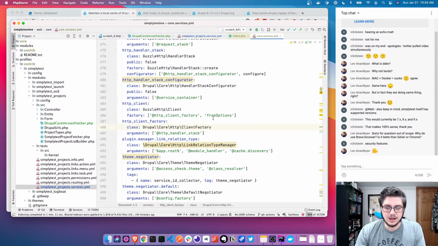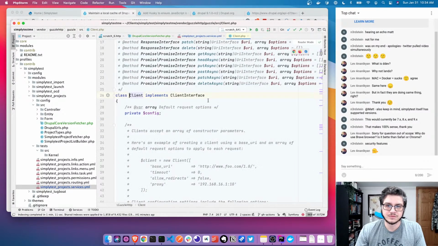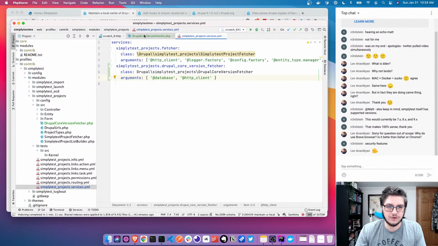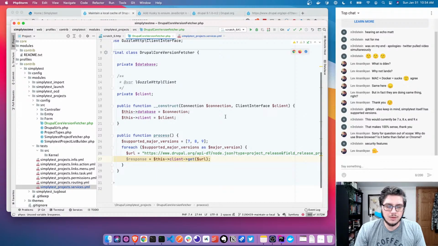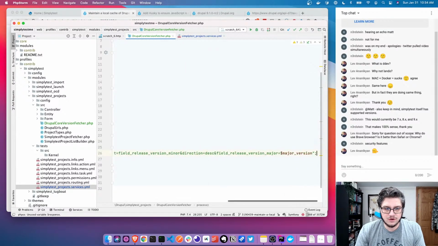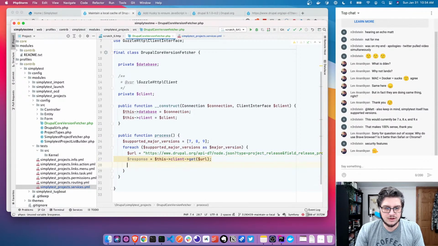So usually when I do this, I do from options so I can set the base URL and any default headers. So that way, every time I make a request, I don't need to reset what headers are being sent with the request. So it's kind of just how I prefer to work with Guzzle. So we're going to do for each major version, we'll do that. And then we'll do data equals